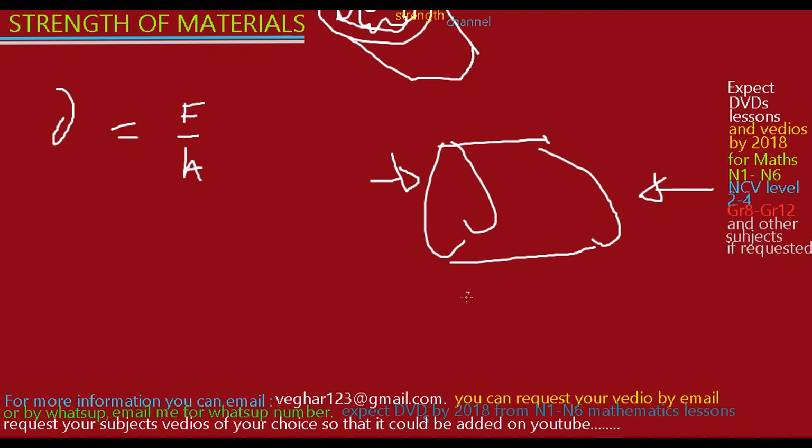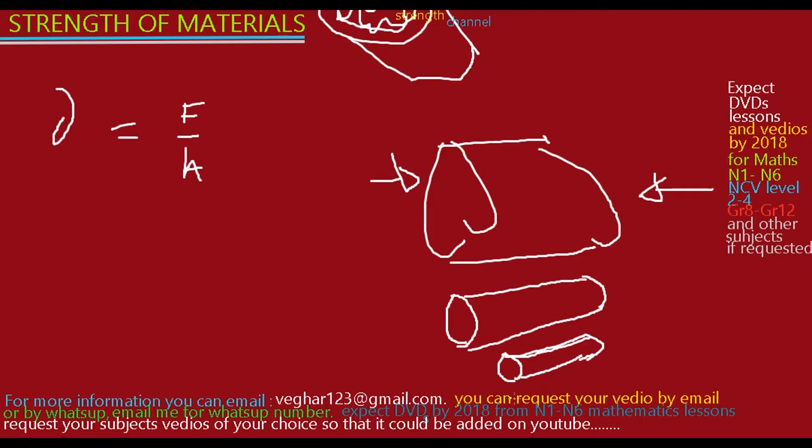And for the compression, if something was like this, and I said you have to calculate the compression, maybe it compresses and then becomes smaller, like this, from this size to this size. I mean the length, not the thickness. It drops this much. Because there are two forces